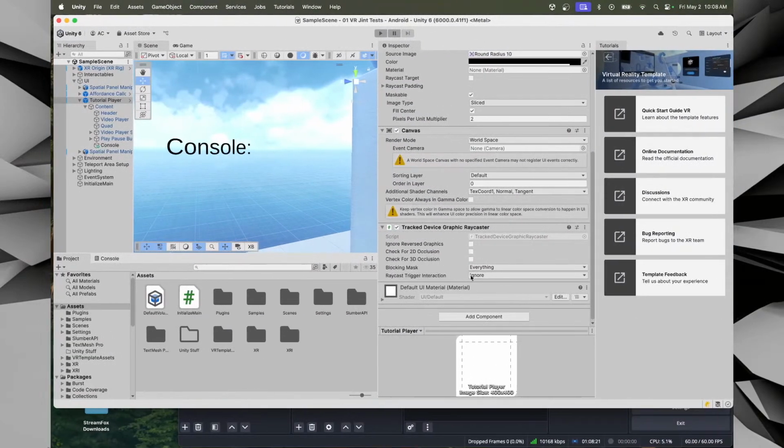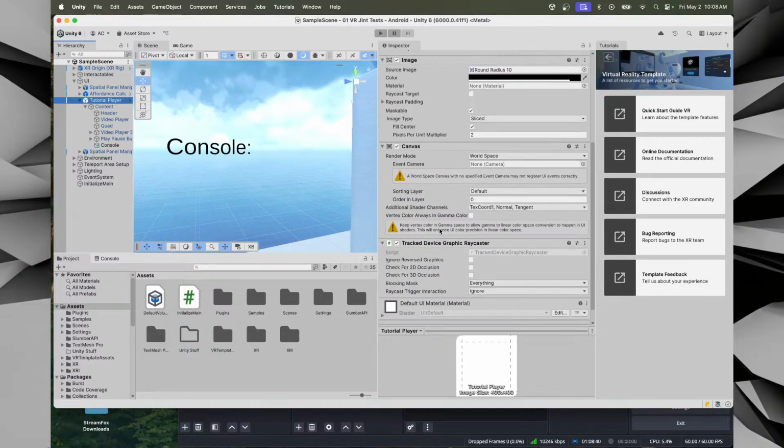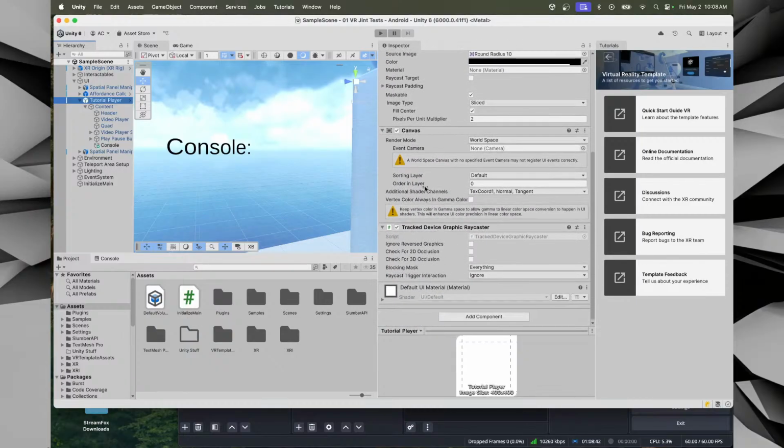Looks like we're missing properties that are, tracked device graphic raycaster. That must be something we need. Oh no, that's a script. That's for pointing and clicking on the device. Yeah, that makes sense. Don't worry about that. Okay, so